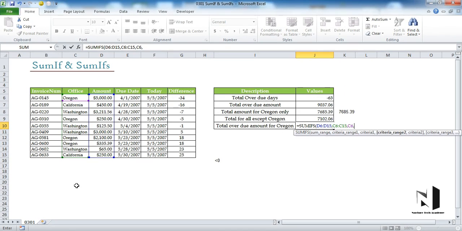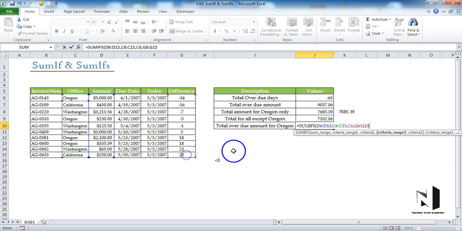So we'll press comma, and now you can see we are standing on criteria range 2, which is basically an optional argument because these are in square brackets. Now the second criteria is negative, but for negative we are talking about the criteria range, which is, what would be the range for that negative number? So range for that will be this one.